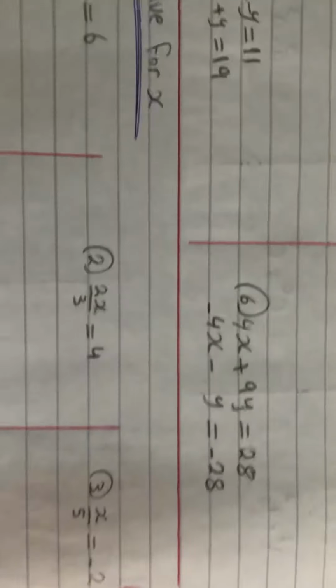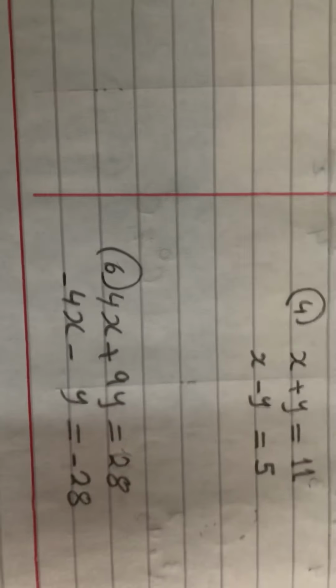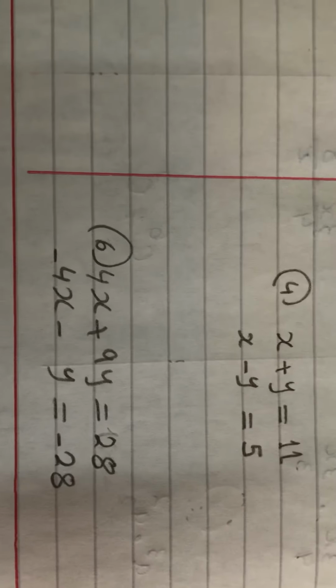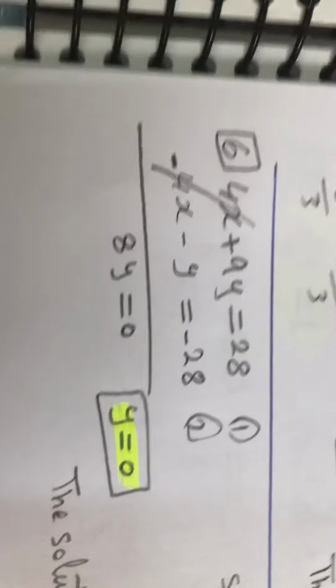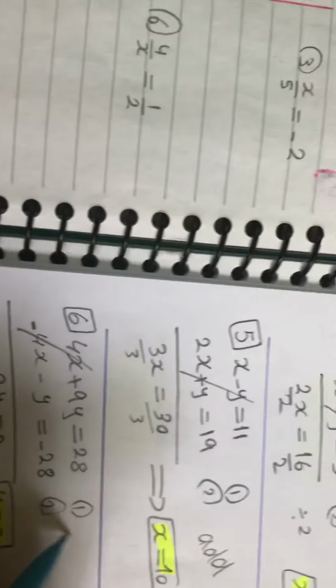In number 6, the same idea. 4x positive plus 9y equal 28. Negative 4x minus y equal negative 28. So label the two equations, add. Okay, you have here